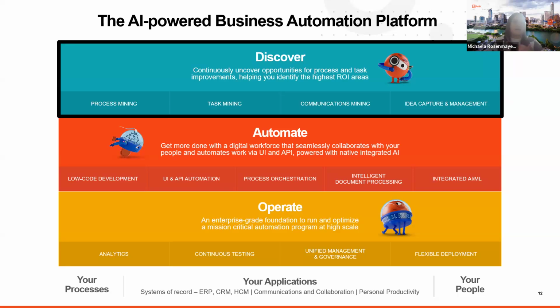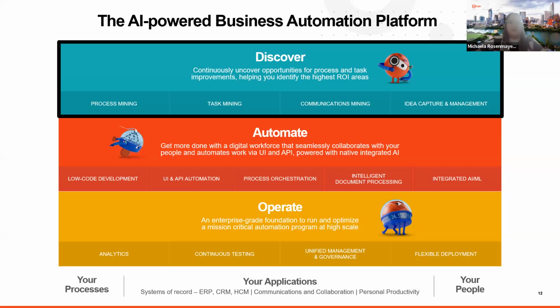So the discover phase is to continuously uncover opportunities for process and task improvements, helping you identify the highest ROI areas. So starting on the very left, we have our process mining product, which helps capture digital footprints left behind in systems such as SAP or Salesforce. It then compiles all of that raw data and transforms it into real process intelligence for analysis. So it can help users gain insights into process performance, maybe identifying bottlenecks or inefficiencies, and optimize processes for maximum